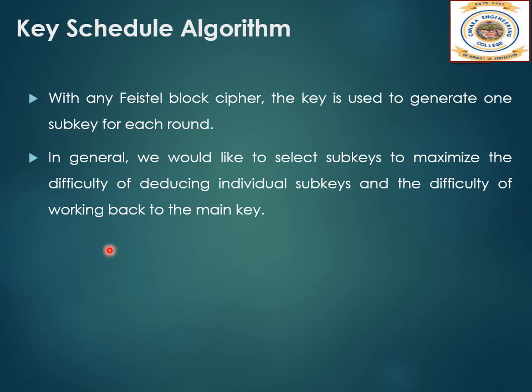So in this lecture, we started with the comparison between the stream cipher and the block ciphers. Then we saw the Feistel structure and how DES was developed on the basis of the Feistel structure. And finally, we have seen the block cipher design principles.